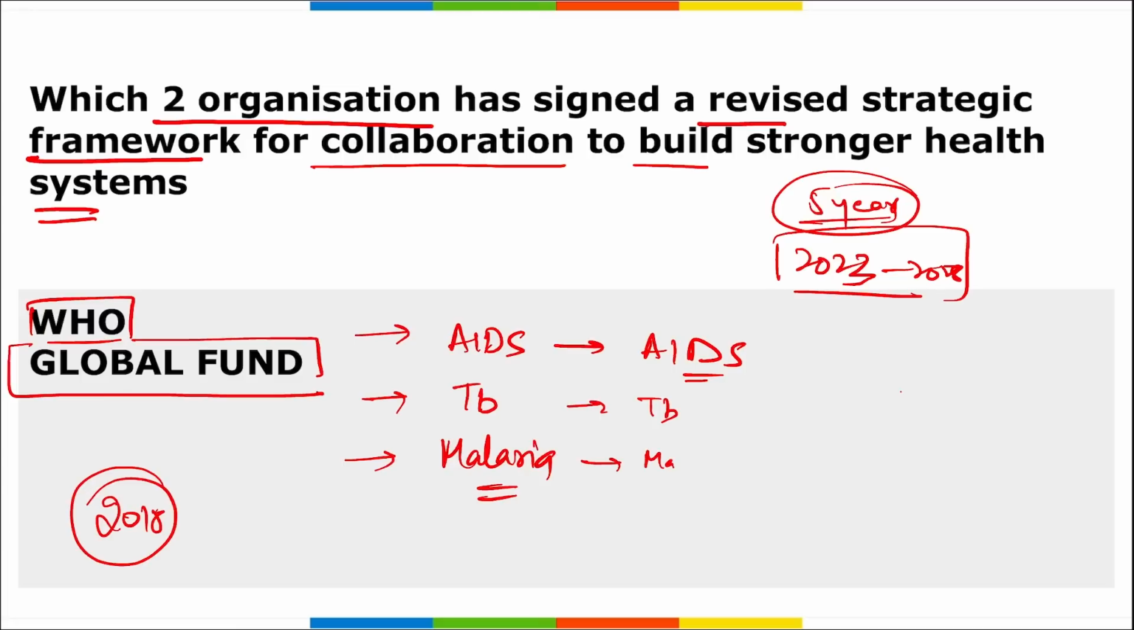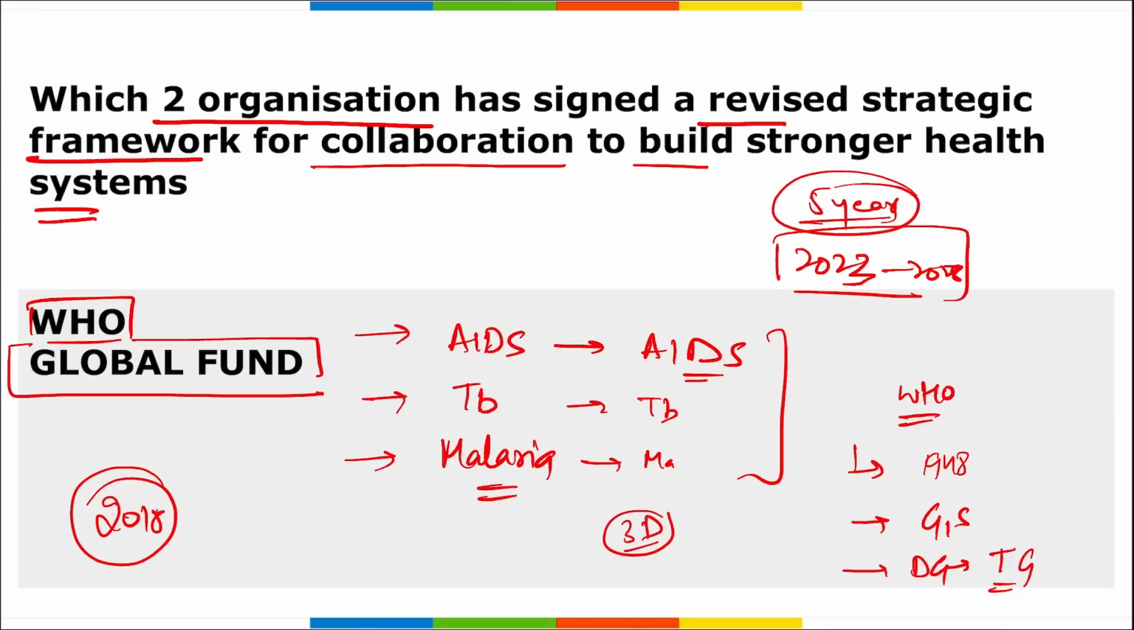Right? So if we talk about WHO, World Health Organization, when was it founded? 1948. Where is the headquarters? Geneva, Switzerland. And who is the Director General here? Dr. Tedros Ghebreyesus. Right? So remember, for these 3 diseases specifically, a new framework was built to make our health